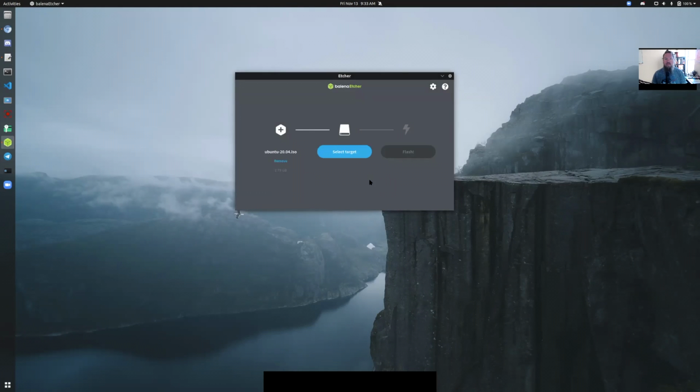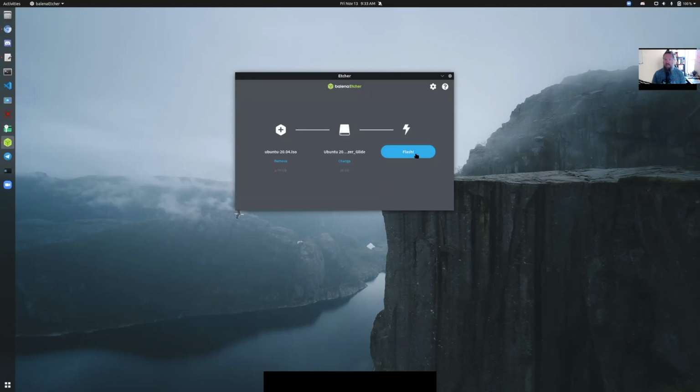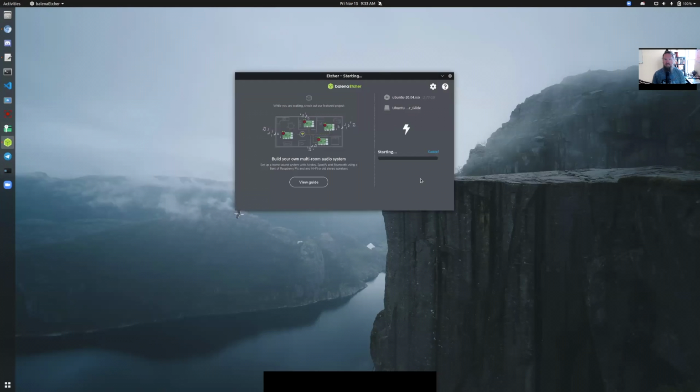Next, what we're going to do is select the drive that we want to format. I've got an old USB here plugged in, so let's use that. And then next is just Flash. So we're going to install it, put my password in here real quick. And there we go. So now it's flashing the drive, which means that it's deleting everything that was previously on